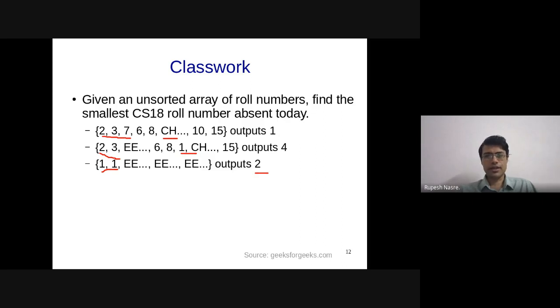Okay, let's understand Parth's algorithm. Right? So we are initializing all the elements to 0. Let's say there is a Boolean array a of size n, and then we are going to initialize all these elements to zeros. So in the worst case, 1 to n numbers might be present. Since we have only n roll numbers, the smallest number that is going to be absent has to be between 1 to n plus 1. It cannot be the n plus 2th element, because you are storing only n roll numbers.